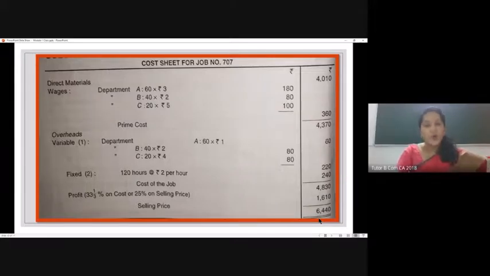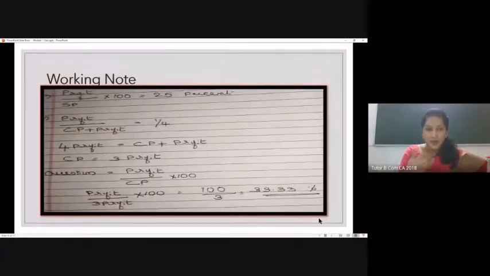So we had to go with one formula. In this example, I've shown you one method for finding that. Just put that in the formula, that is profit by selling price into 100, which is 25%. That is given in our question, right? The same thing we try to express in the form of cost plus profit, the same formula, which is 1/4, right? And then we try to solve that equation through this method. That's what we did. And the answer we got is 33.3% on the cost price.